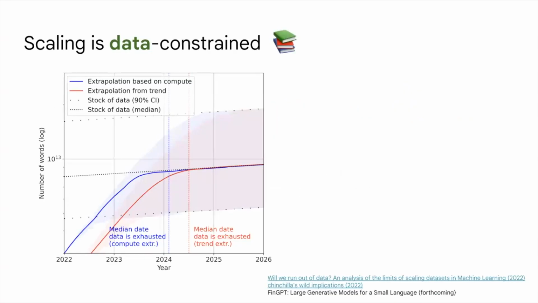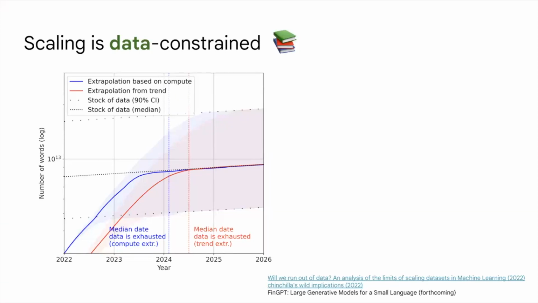And while the number of parameters really just comes down to modifying your code, you just change the hidden size or something, and then you have more parameters, and you might have to change your hardware a bit. But overall, it's just about changing your code. Data has to be acquired externally, and it is constrained.